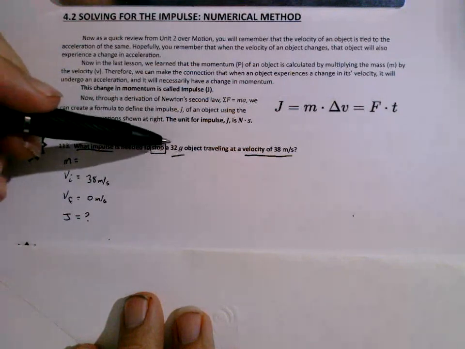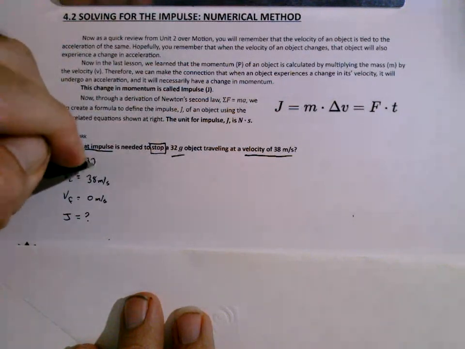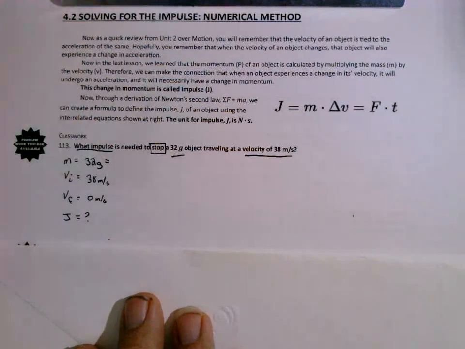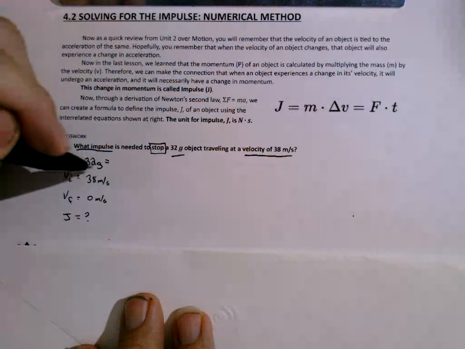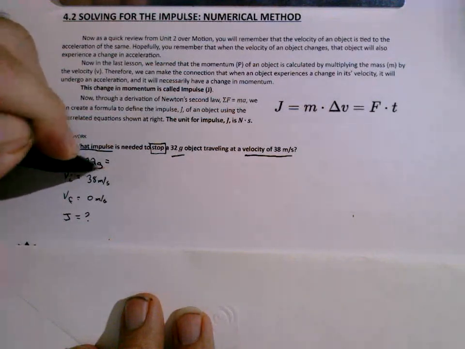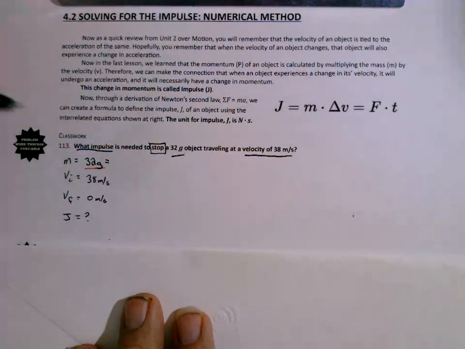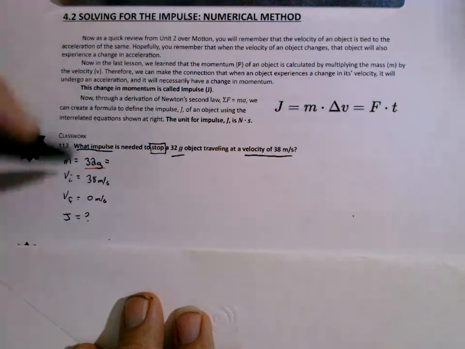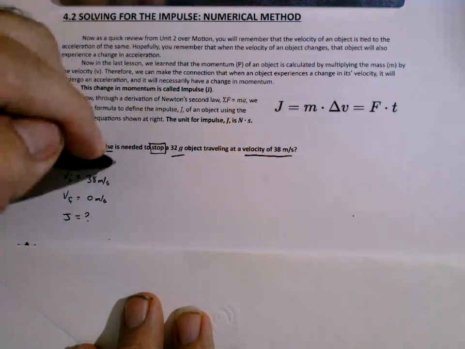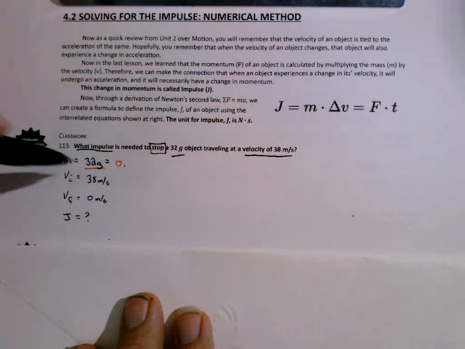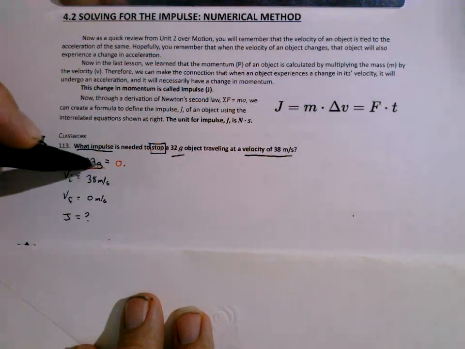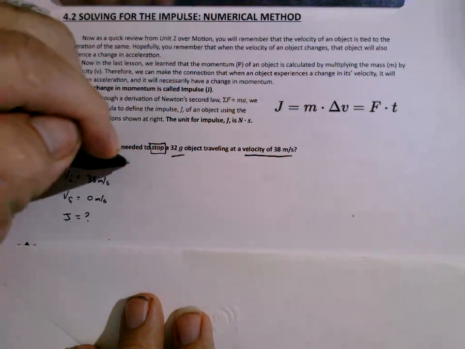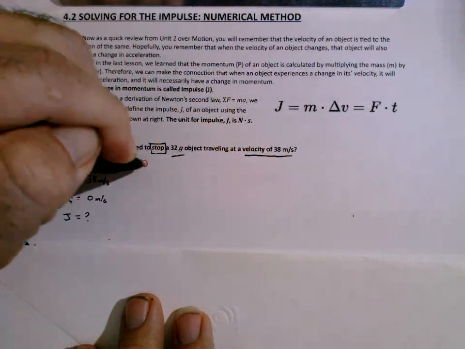And our mass is given as 32 grams. But we have a problem with that because nothing that we do in physics uses grams. So we automatically have to change this value from 32 grams into kilograms. In order to do that, we divide this by 1,000. Remember, dividing by 1,000 just means we move our decimal point 3 spaces to the left. So tens, hundreds, one more space would be thousands, so 0.032